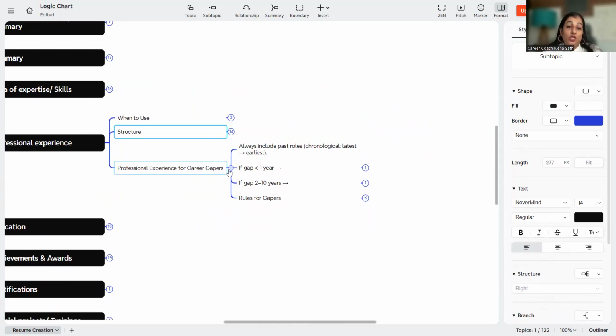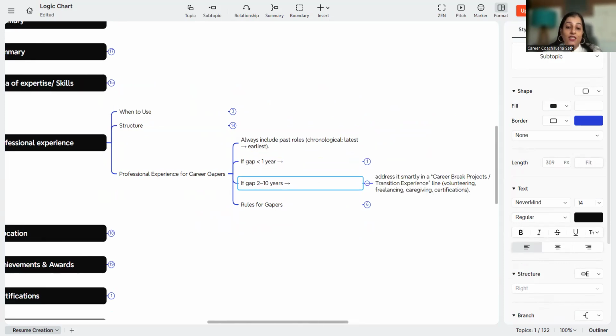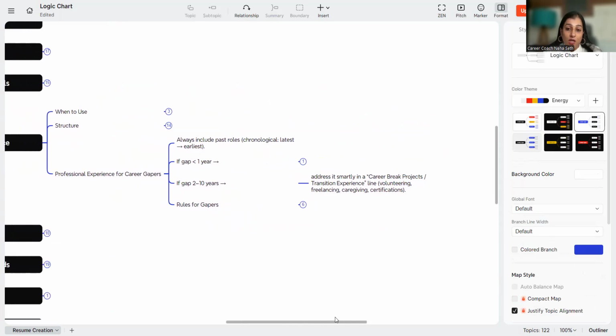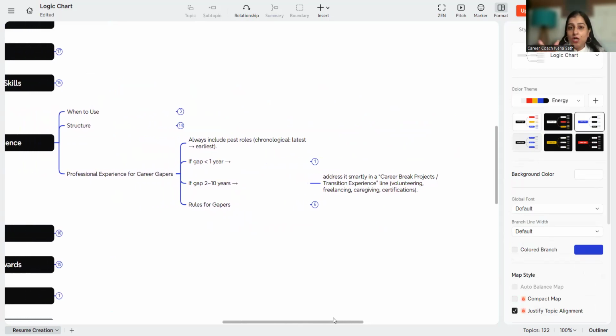Coming to the professional experience for career gappers, always include your past roles, with the latest on top. If the gap is less than 1 year, no need to mention or highlight it separately. But if the gap is 2 to 10 years, then you have to address it smartly in your career break, projects or transition experience line, where you mention what you did during that gap. You may mention if you have volunteered, if you did freelance,